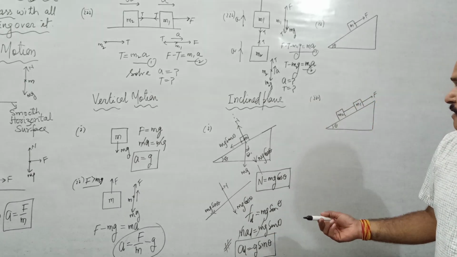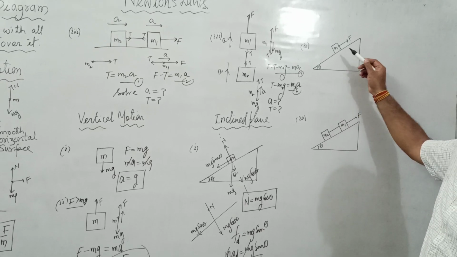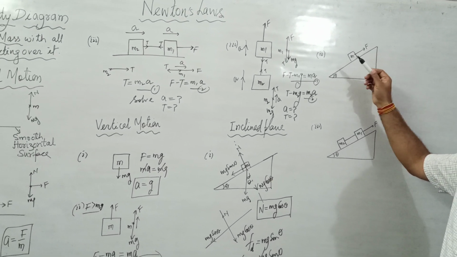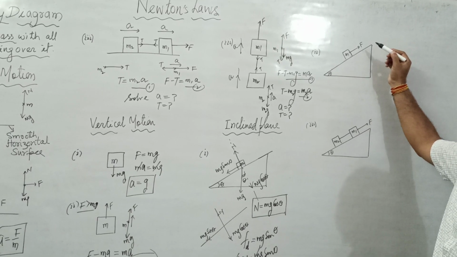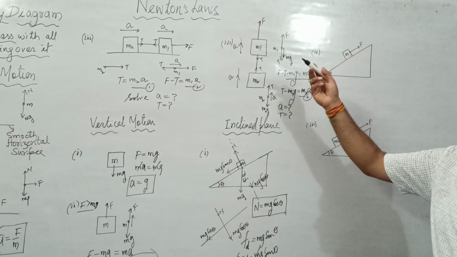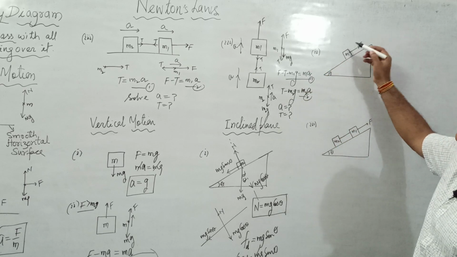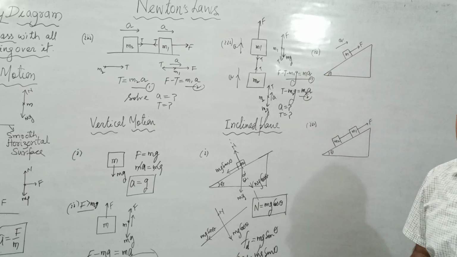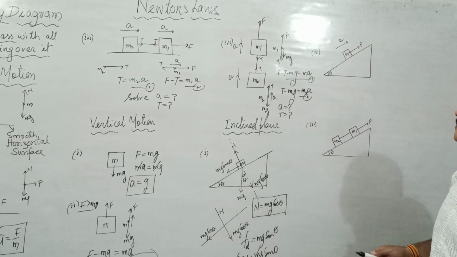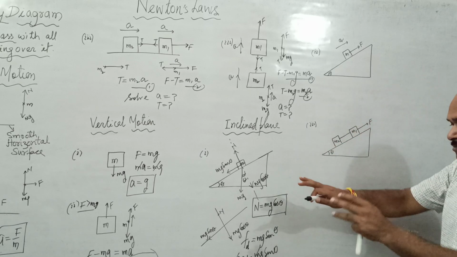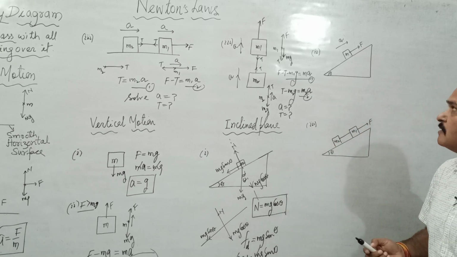Well, the next situation, we have this mass m placed again over a smooth incline, but this time we are applying a force F. And let us say it is given that the body is moving up the incline. What is its acceleration? So this force F, now these results have to be used directly. You won't have to resolve them again and again.